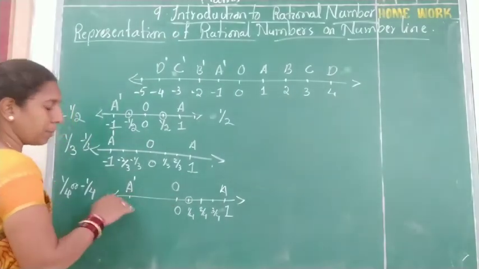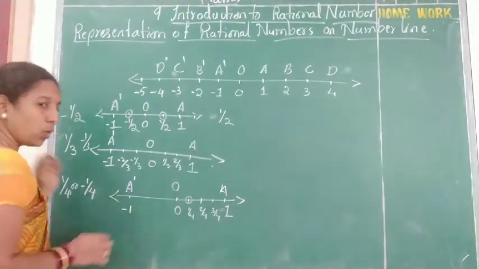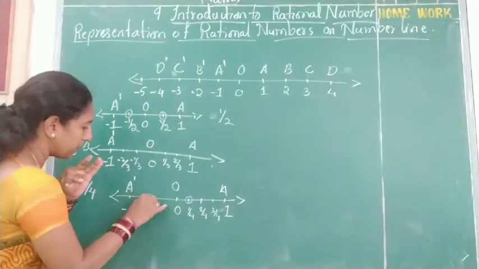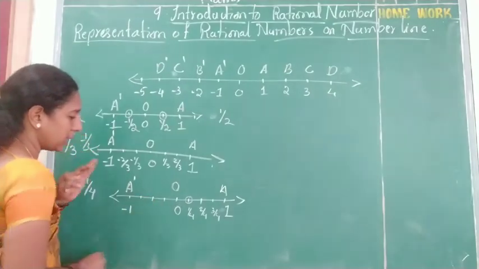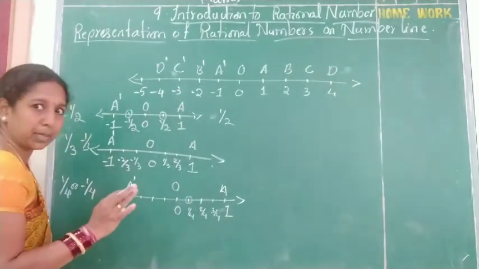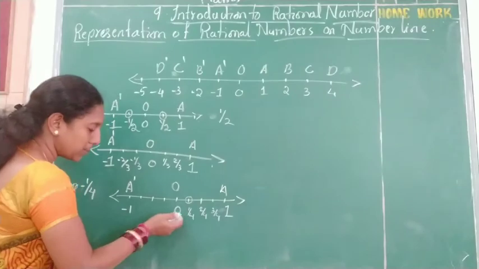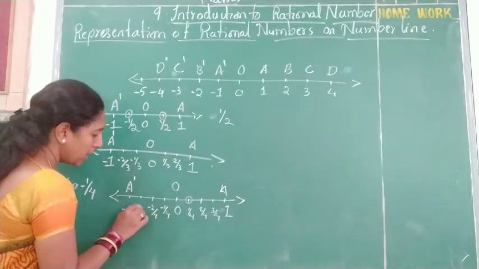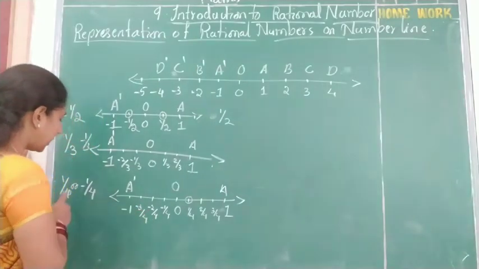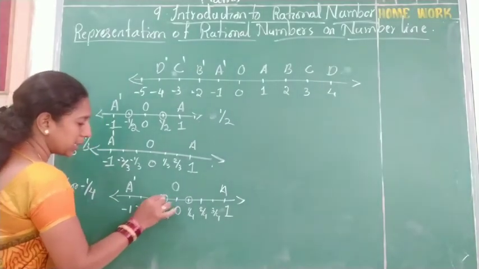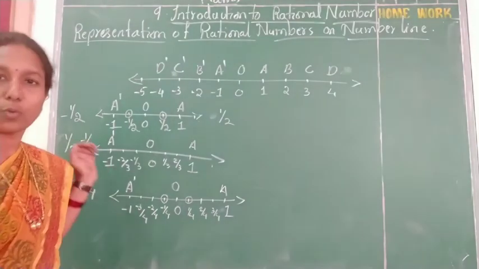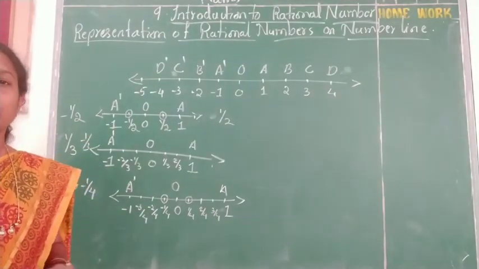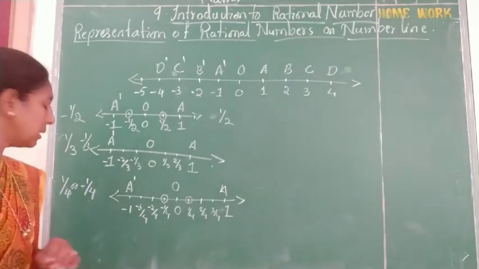In the same way on the opposite, -1/4. So 4 is in the denominator, less 1, that is 3 parts. So center 1 first I will do, remaining in between. So from here, remember, don't write from here, from 0 you should write. That is -1/4, -2/4 and -3/4. And then what is the rational number here? That is -1/4. So that we have to mark by doing circle like that. Okay, so this is how we have to represent the rational number.